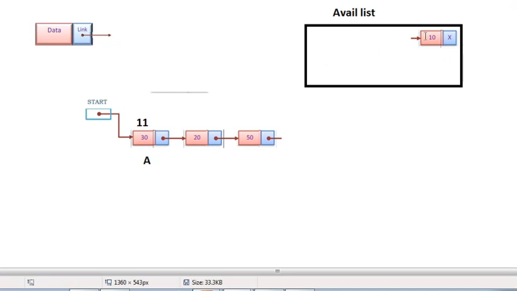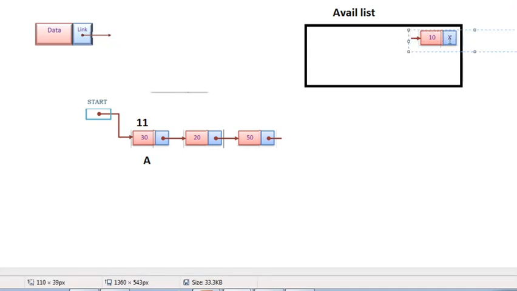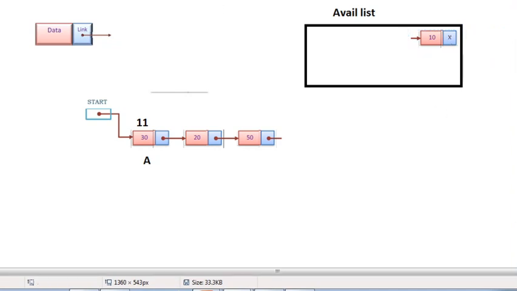We deleted this node from this linked list. Now I want to insert this node into the existing linked list. We are able to insert it, taking it from the avail list.